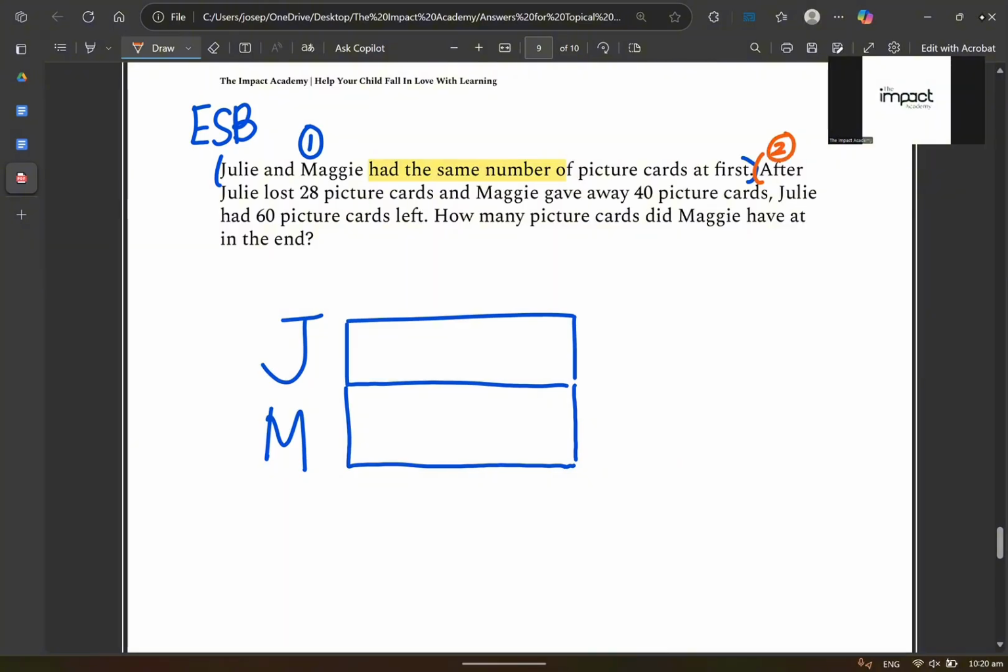You must know when to stop. And remember to break it up. You need to know this thing called wait. Agree or disagree? Let's read together. 1, 2, 3. Let's go. After lost 28 picture cards. Wait. Very good. So what you're going to do is go to Julie, and you remove